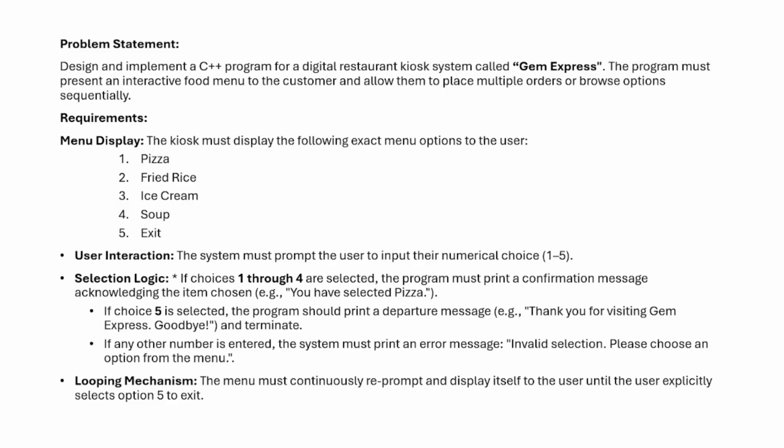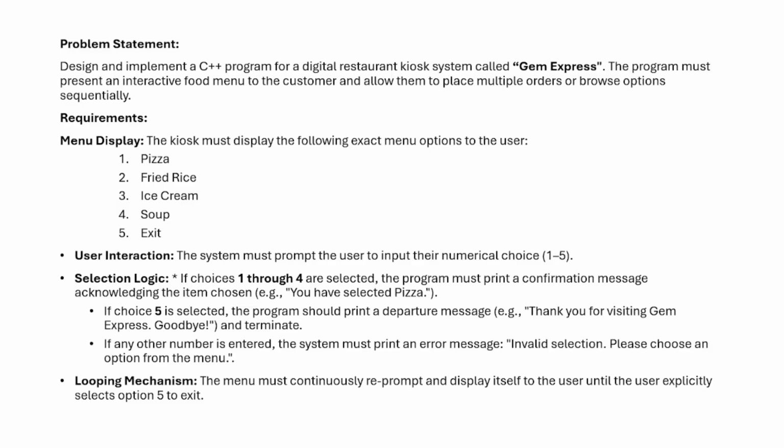Then we have user interaction. The system must prompt the user to input their number, 1 to 5. Then we have selection logic. If choices 1 through 4 are selected, the program must print a confirmation message acknowledging the item chosen. For example, if they select 1, you can display "You have selected pizza." If choice 5, which is exit, is selected, the program should print a departure message: "Thank you for visiting Gem Express, goodbye," and terminate. If any other number is entered, the system must print an error message: "Invalid selection, please choose an option from the menu." Then the looping mechanism: the menu must continuously re-display itself and re-prompt the user until the user explicitly selects option